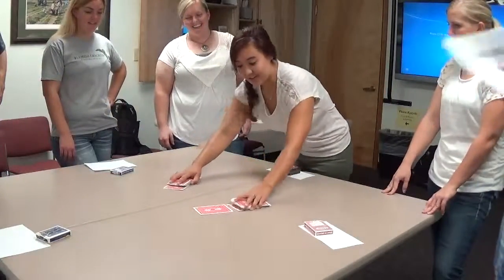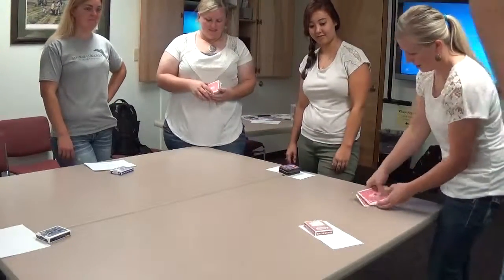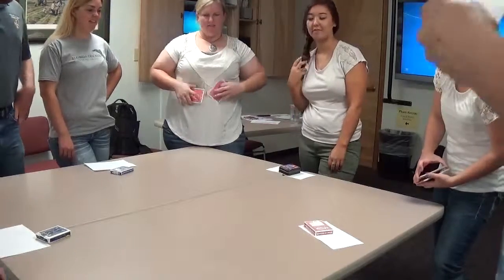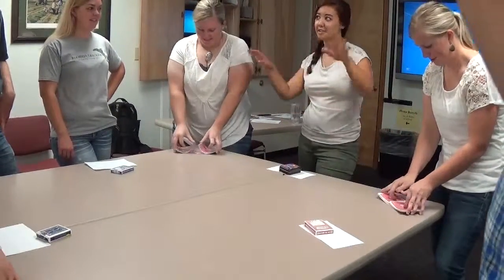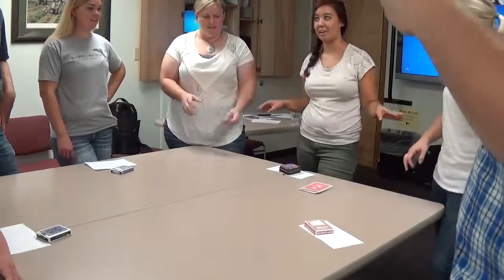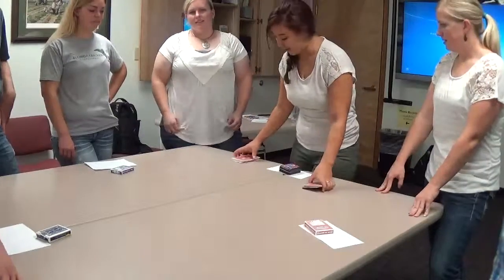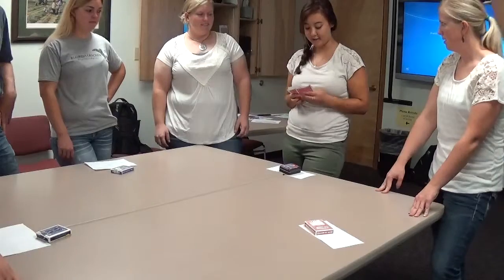And then could you ladies shuffle them again? Yes. Face down. And this does work a lot better with smaller cards, but since there's a lot of us, I chose to use the jumbo cards as an example just so everybody can see. So then I'm going to set this deck up of this half, and